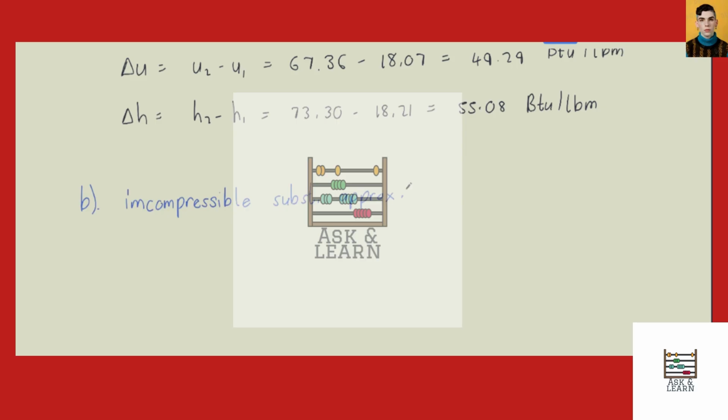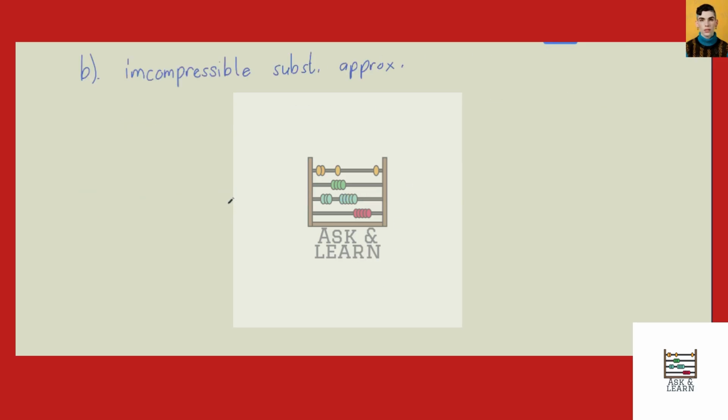And this time we're going to turn to table 4 and find the values for the internal energy in state 1, U1, is equal to UF at 50 degrees Fahrenheit. And this is 18.07 BTU per pound. The final internal energy U2 is equal to